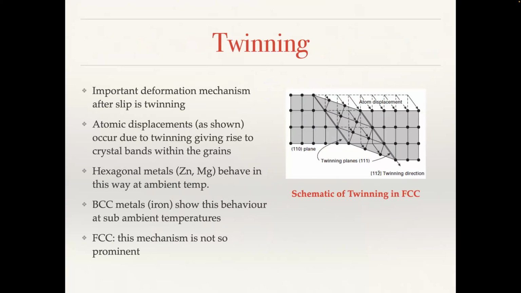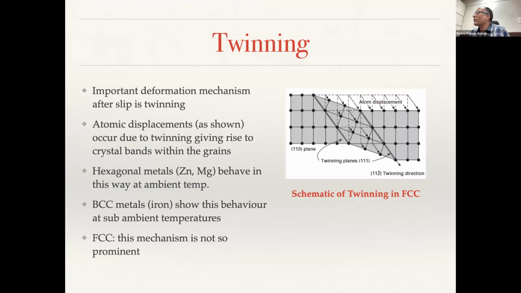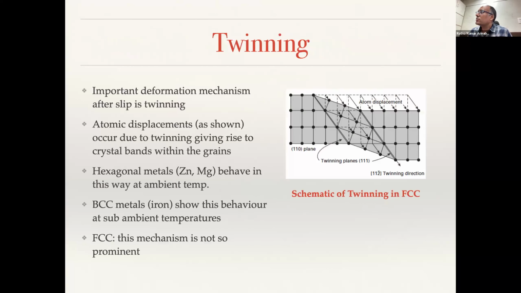So we have talked about the plastic deformation through something called slip. Slip is nothing but dislocation motion, isn't it? That's what we have discussed in the previous class, and so far whatever we have looked at is all about dislocation motion. But in metals, particularly crystalline materials, you can also have plastic deformation happening through another very